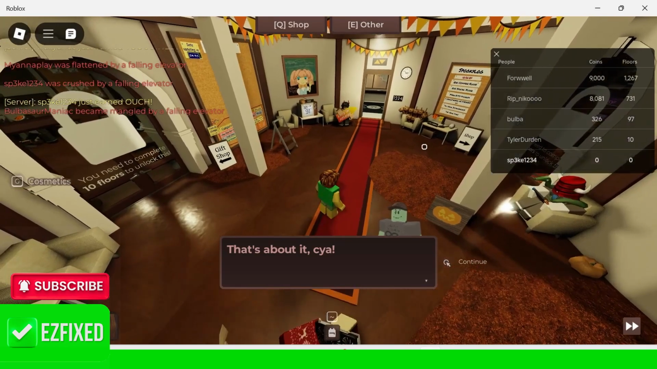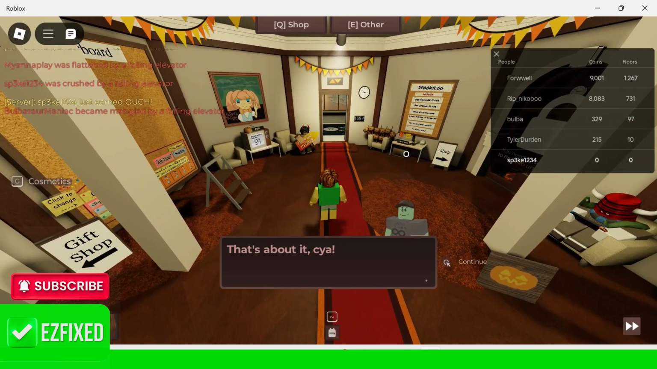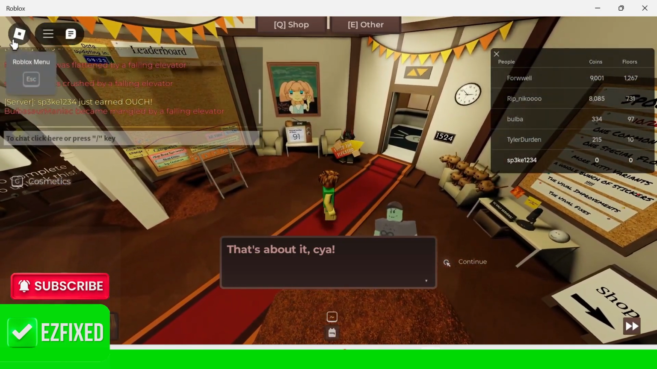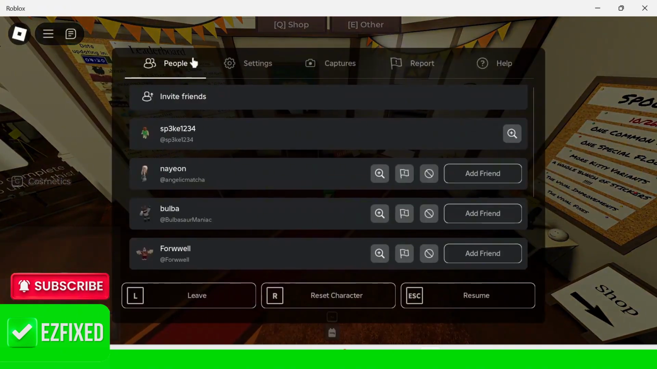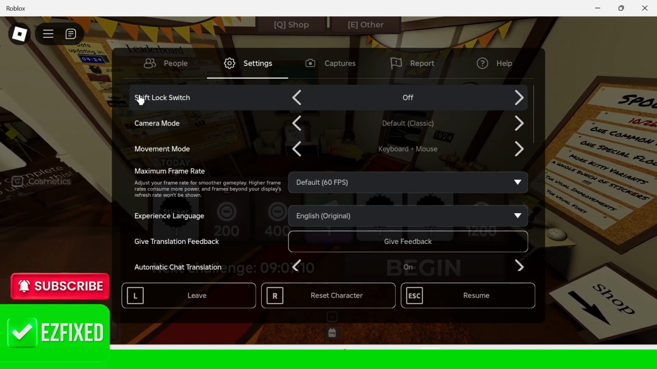In this video, I'm going to show you how to fix the issue where your shift lock is not working in Roblox. The first thing you need to do is head over to the Roblox application and then click on the Roblox icon in the top left-hand side. Then click on Settings from the top navigation, and first of all, you need to ensure that Shift Lock switch